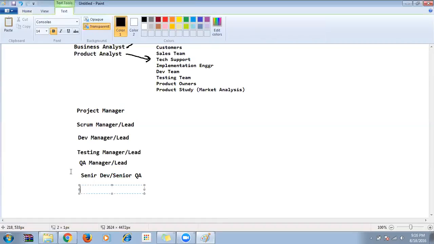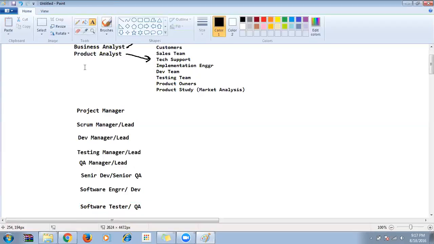Then we have software engineer, or dev. Then we have software tester, or QA.